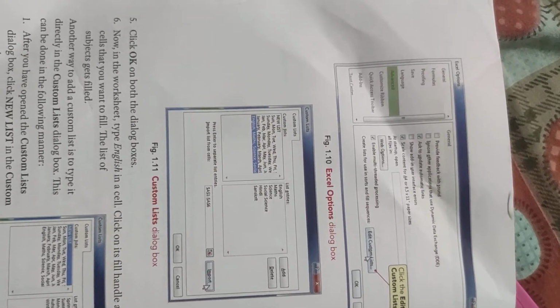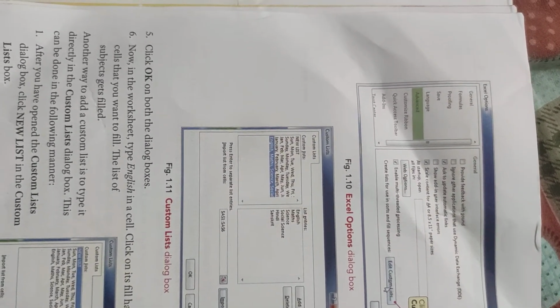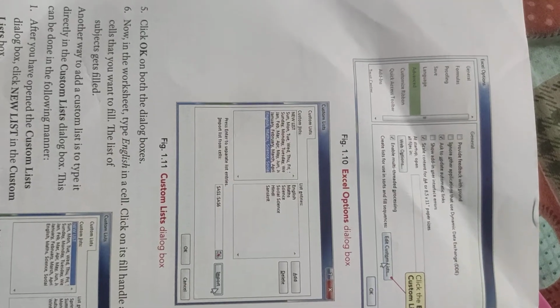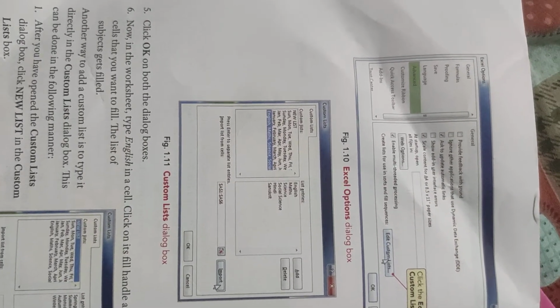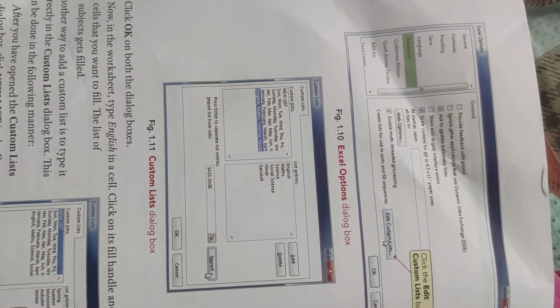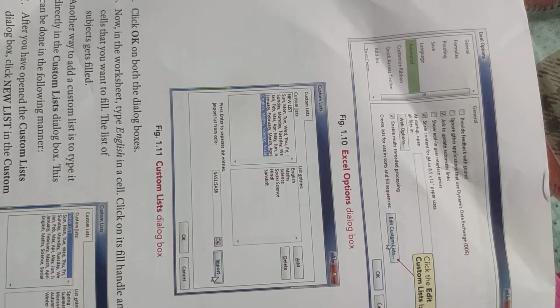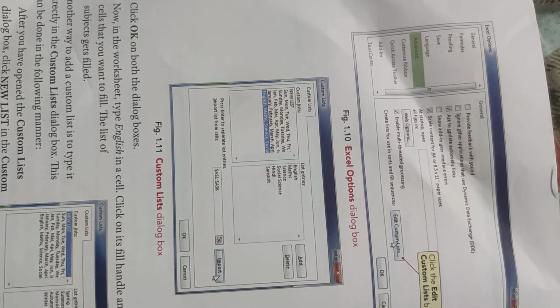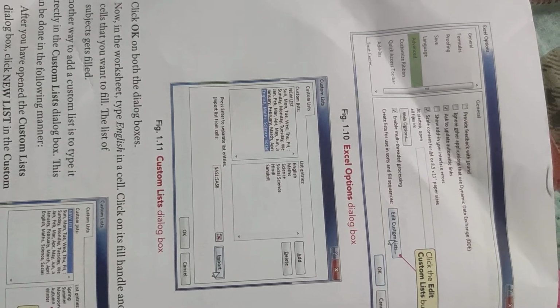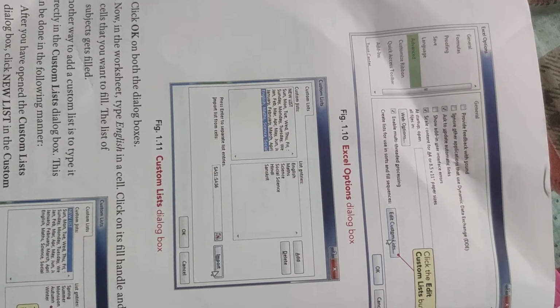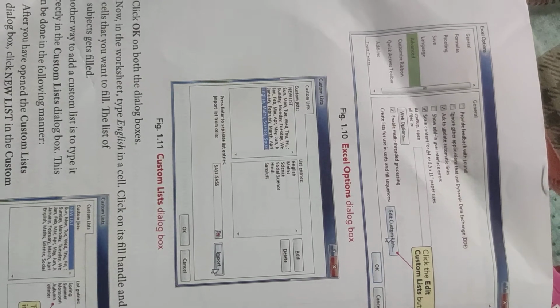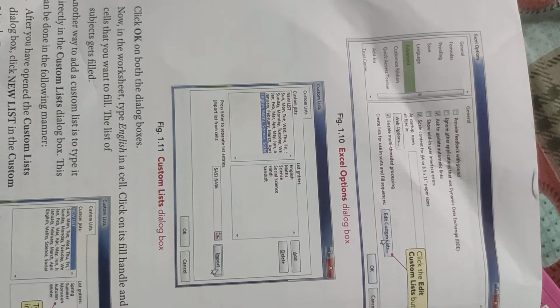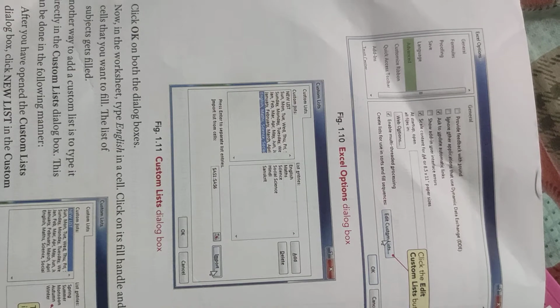Alright, now you just have to click OK, and then write your first name or second name from which you want the names. For example, if you are clicking from science till Sanskrit, and you have English and maths written, then automatically after maths till Sanskrit your list will get imported. Alright, you understand what I mean?